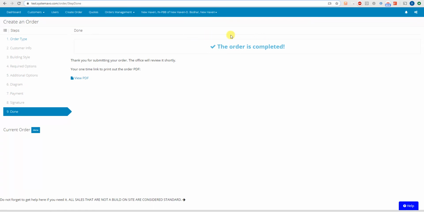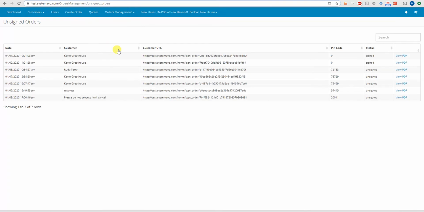Now, once you have sent it for a signature, that does not mean that it's done. It just means that it's been saved and ready to send. You're going to come down to Order Management, come down here to Unsigned Orders, and here is your dashboard. On the dashboard, you're going to have the date and time of the order when it was saved. You're going to have the customer, and you're going to have a customer URL as well as a PIN code,